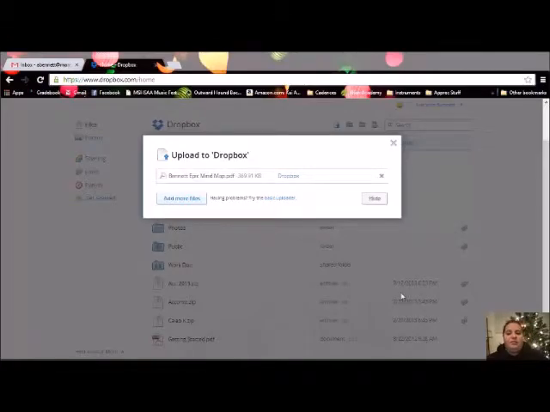Alright, so I chose a PDF file that I want to upload. There you can see it's taking a little while, but it's going to upload to Dropbox. That blue line there says that it's loading to Dropbox. And what's great about this is you can also upload large amounts of